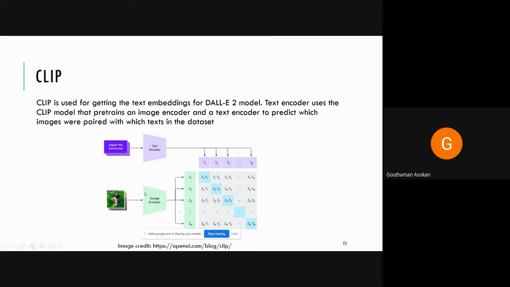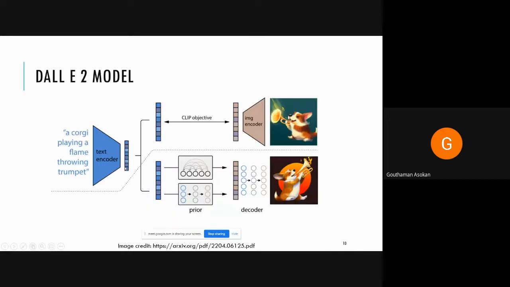And essentially what they are doing here too is taking the data from the internet and training the model, and we now have the text encoder and the image encoder of the CLIP pre-trained model, and we'll be using this in DALL-E 2. So once this whole model is trained, we have this text encoder, and in DALL-E 2 what we do is